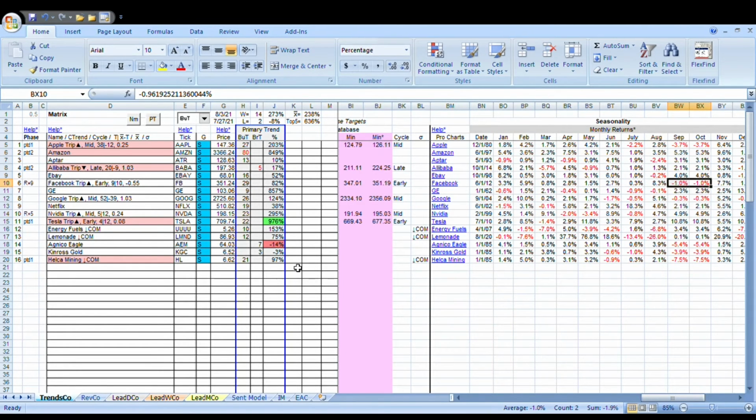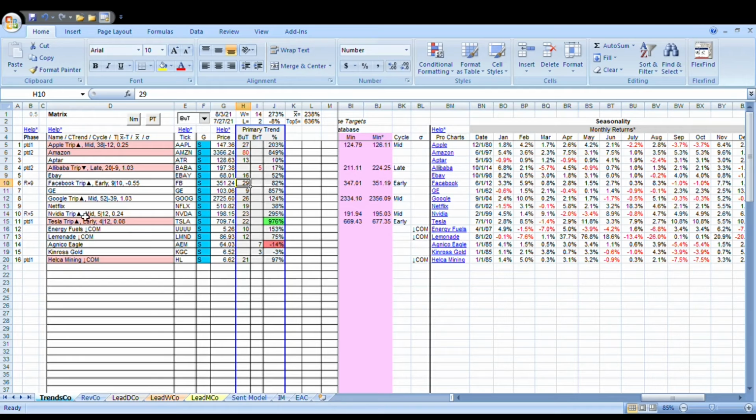You can play the primary trend, but Facebook's primary trend has been up for 29 months, 82%, which is a lot. There's a lot of these things making a lot of money, so you can't say, oh, I bought the flip and bought the core, because I didn't introduce this long enough for you guys to follow that. The other things apply too.